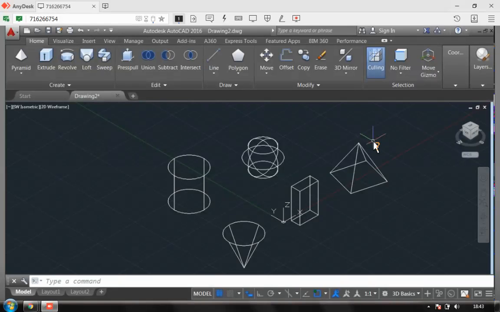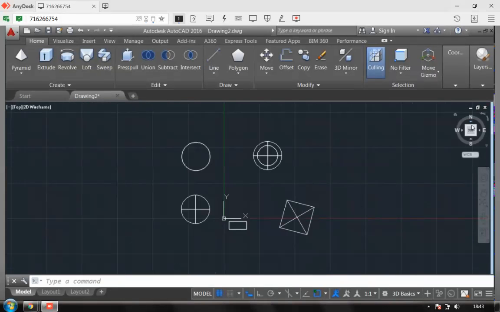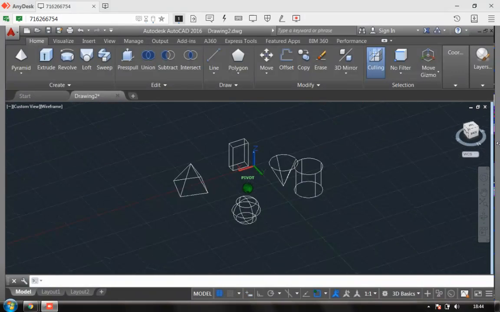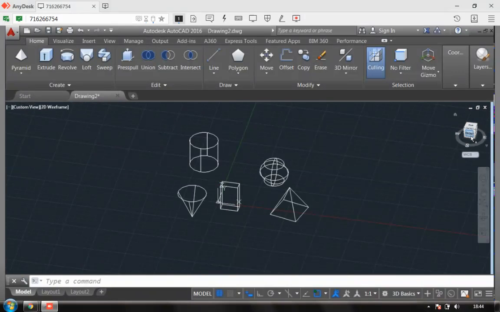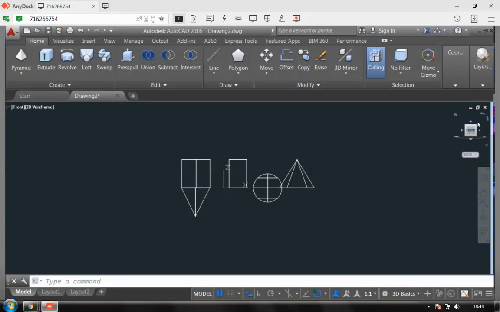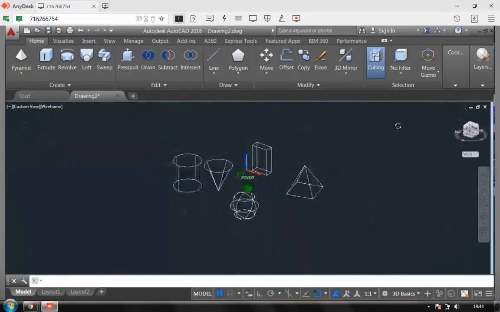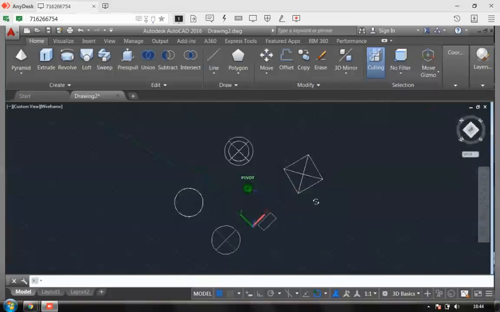This is the 2D drawing, and it is shown with the help of this option. Now this is west side, south, north, east. I can see the top view of this. From the top view it looks this way. I click and come back to home. That is the layer I draw on. Then I can rotate this, and on rotation things change. I can click on front again, and it gives me the front side. When I click on this and try to rotate as I want, I can rotate, I can spin. I can do anything with this.